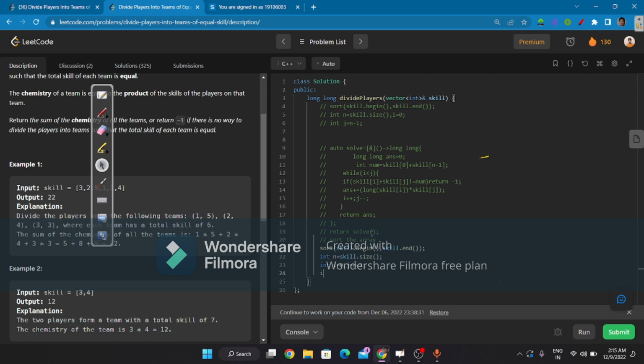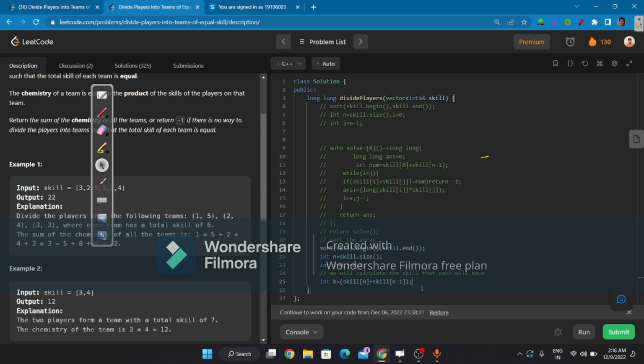And we will store in a variable k, which would be the sum of the first minimum element plus the maximum element. Okay,